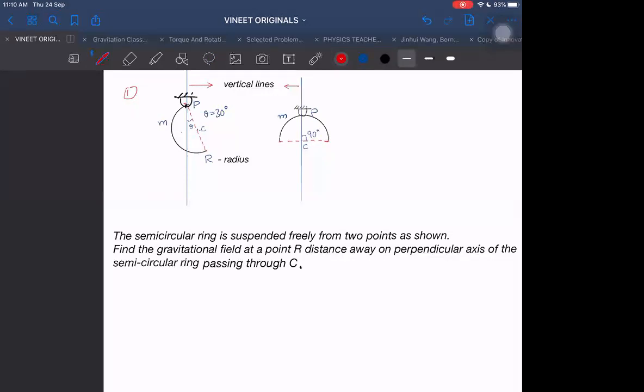But you observe, it means it is non-uniform. First of all, it should be non-uniform, otherwise it will not happen like that. If it is non-uniform, then only it can happen in this way, because this theta is 30 degrees. If it were a uniform semicircular ring, then we know this theta cannot be 30 degrees.